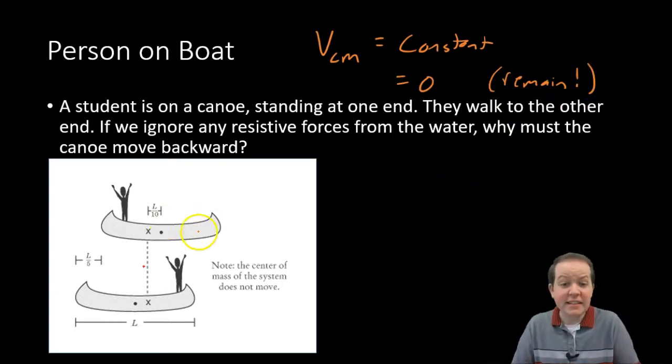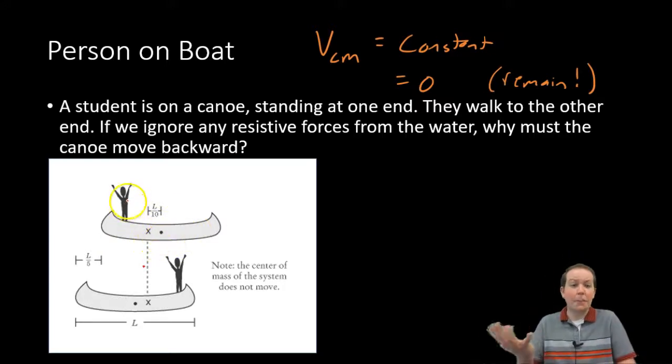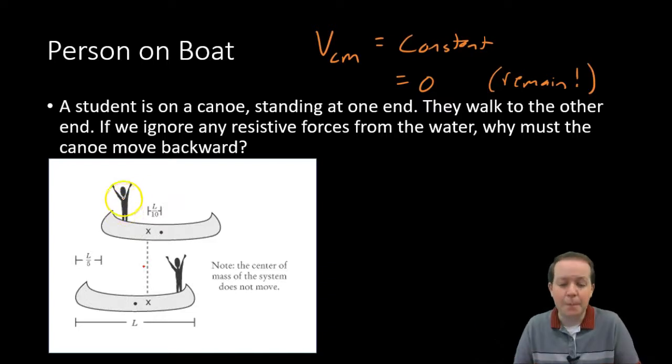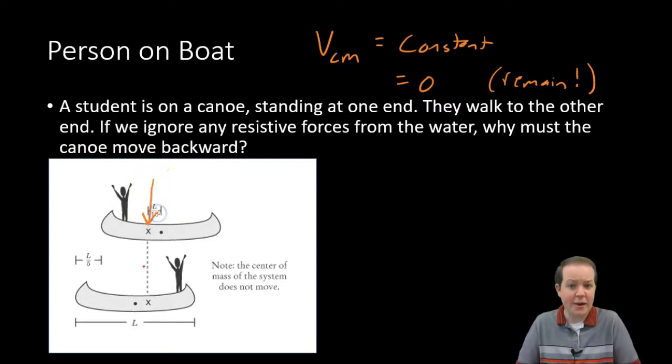Okay, where is the center of mass? Well, if it was just the canoe, the center of mass would be right here, right smack in the middle, but there's a person, okay? The person has mass, so where is the average mass? This picture actually already has it located. They have it already diagrammed right here. Okay, the average location, because there's this person on the left, is over here.